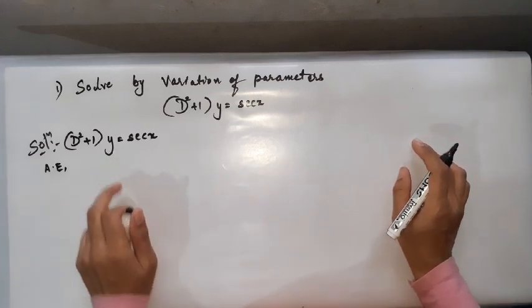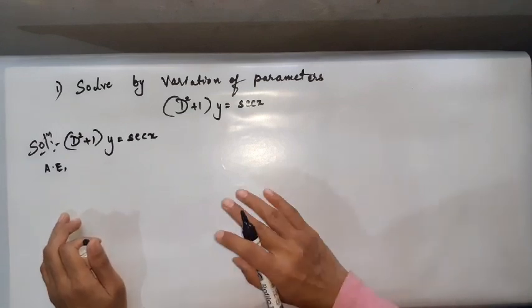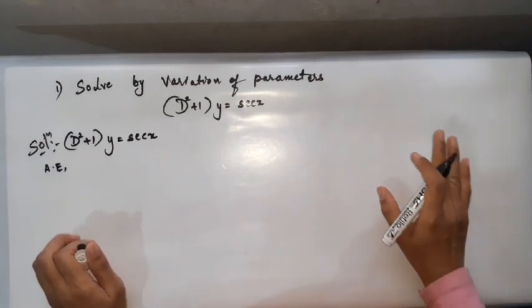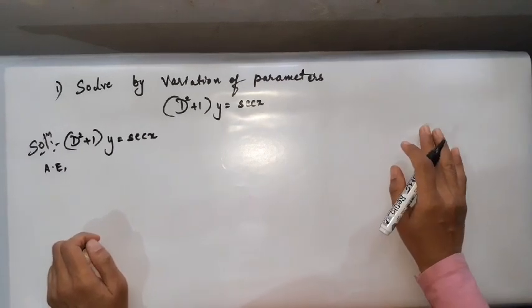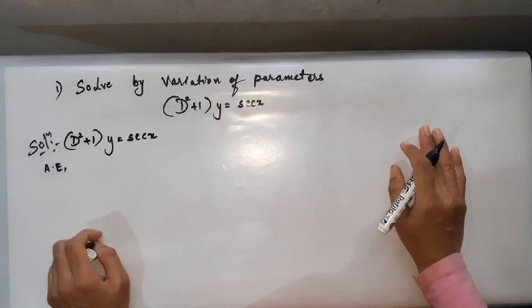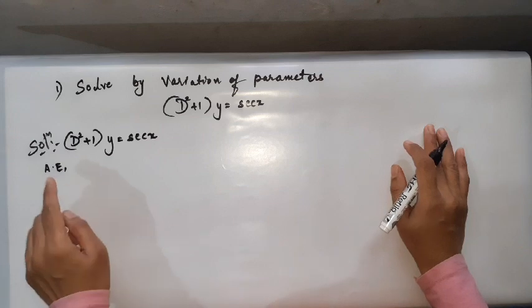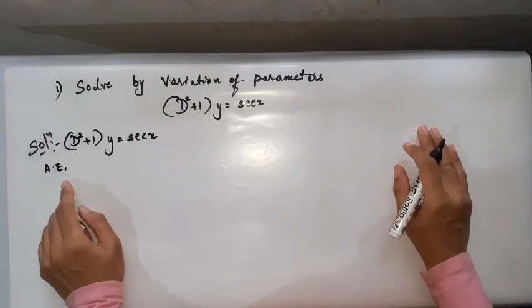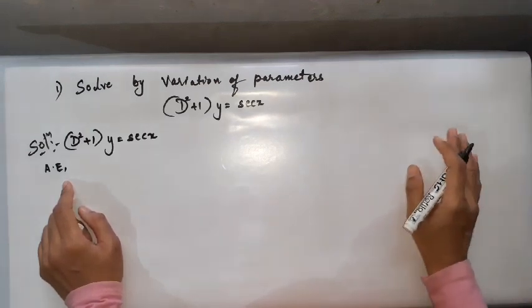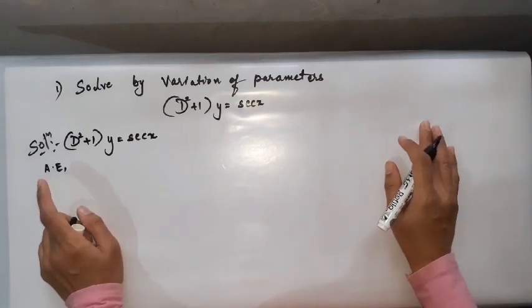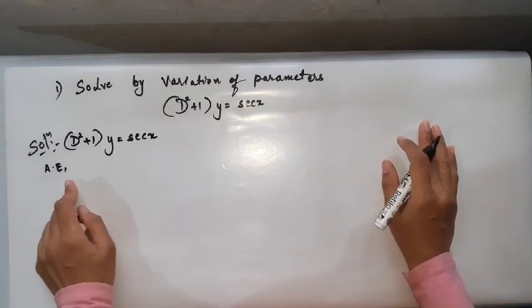The first half of it is the same as whatever you have done with the direct method. There is not much difference between variation of parameters and the direct method, at least for the first half. You already know how to work for yc, the complementary function. The same way we'll be working on variation of parameters also. In your direct method, you consider the auxiliary equation, then get the roots, then write your yc, is it not? So the same way here I am going to consider the auxiliary equation, get the roots and see what next.